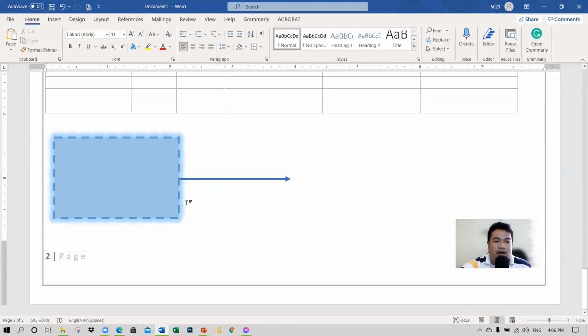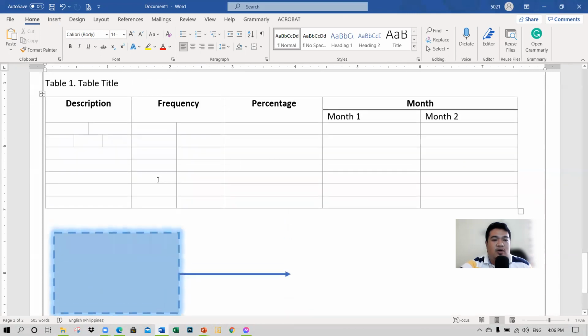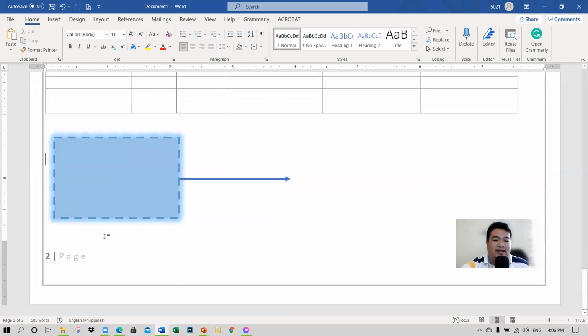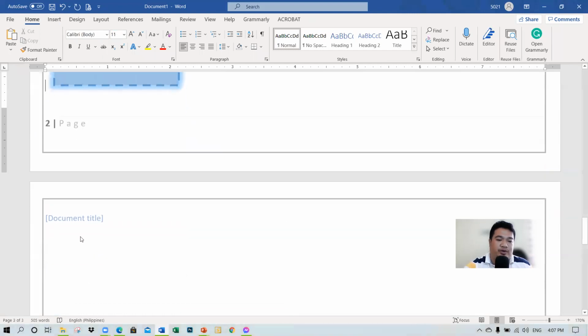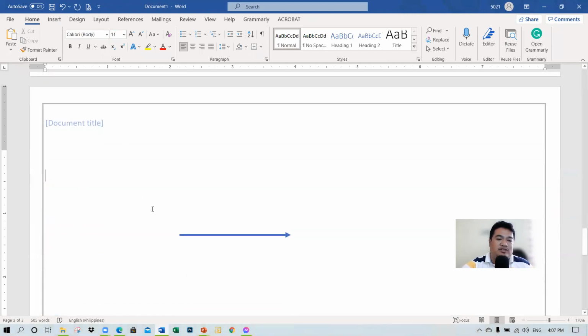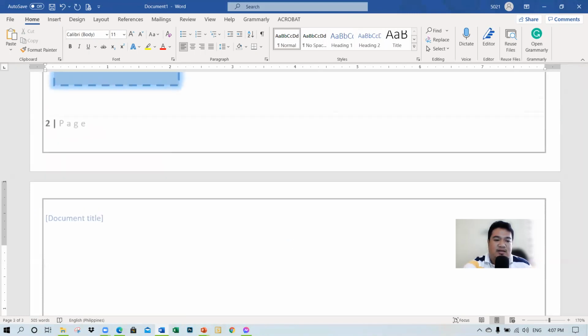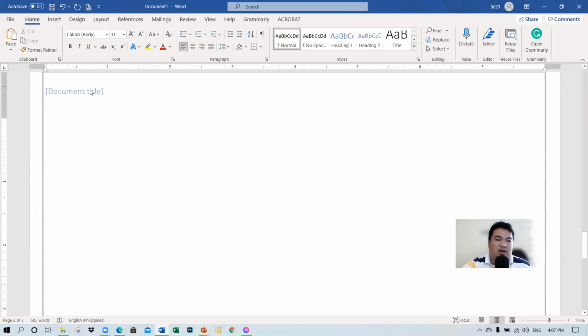That's how to insert shapes. Kung kayo ay gumagamit ng latest version ng Microsoft Word, meron silang dinagdag na feature na icons. Pwede kayong maglagay ng mga icons. Marami silang mga sample na icons dito na very useful